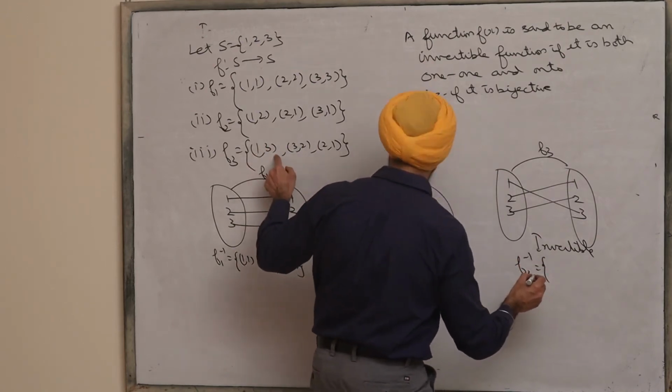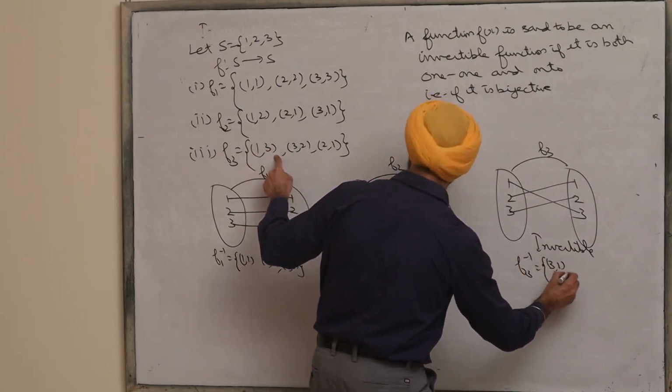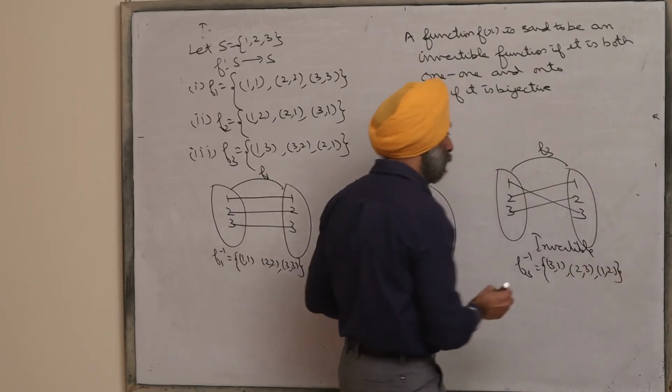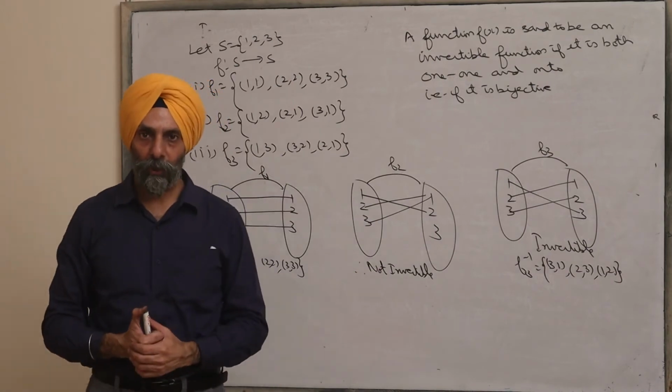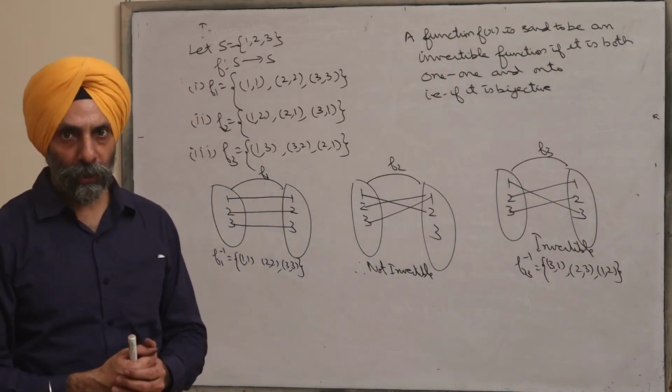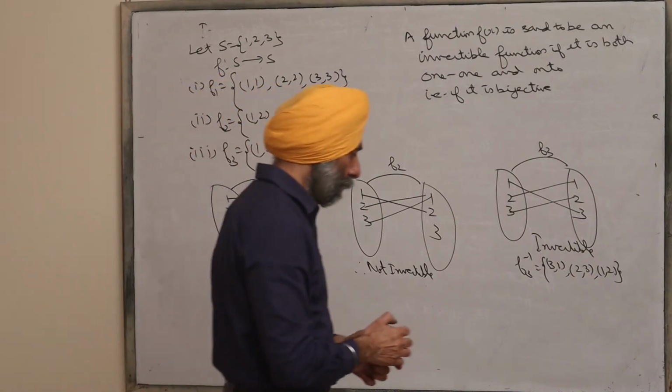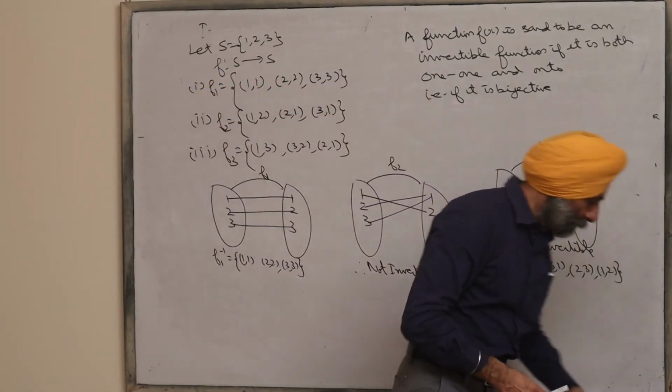It will be from here 3 1, 2 3 and 1 2. So this is the inverse of the function here. So this way we can check whether the function is invertible or not. Now next is